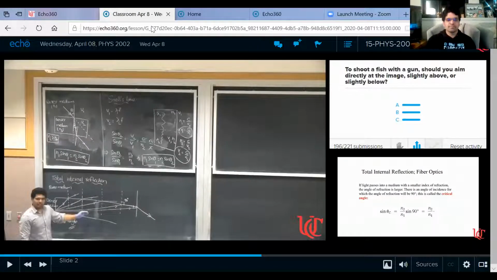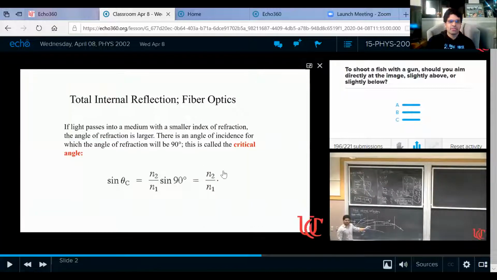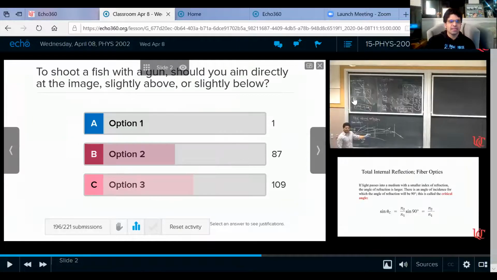Once you are here, as you can see, it's a 3 split screen. On one screen, you can see me along with the board. I'm actually teaching in front of an empty classroom. I go to the actual classroom on campus, teaching in front of the empty classroom, but you will be fine. The second screen here is the PowerPoint slides. And the third screen here is the activity slide.